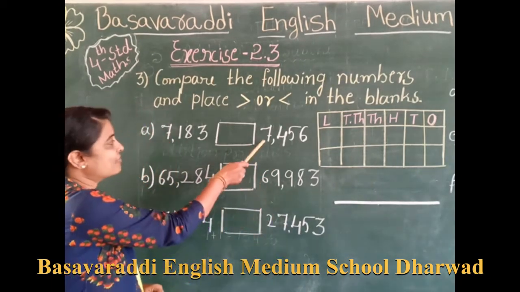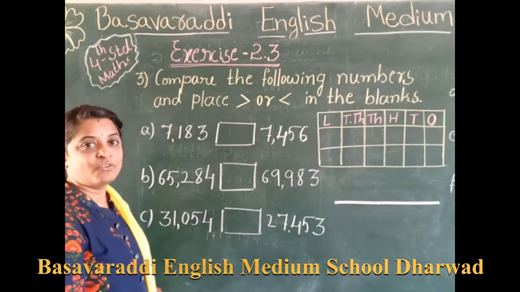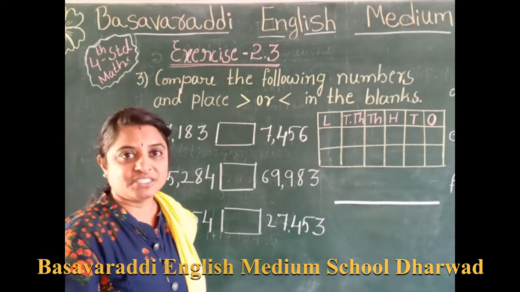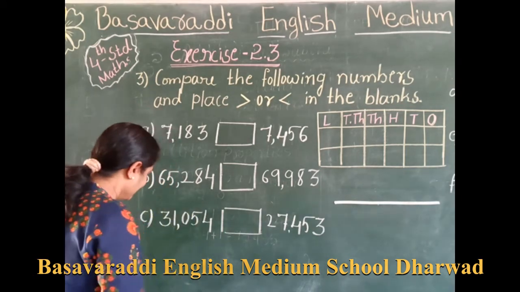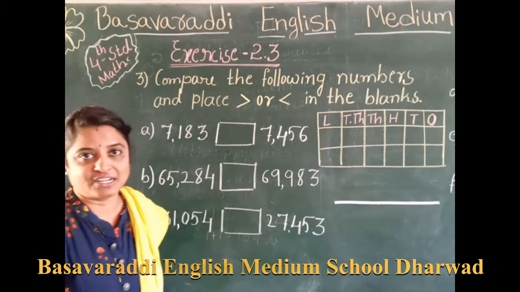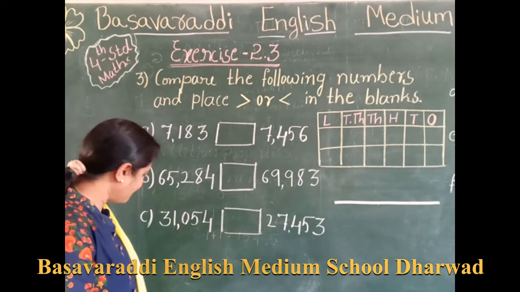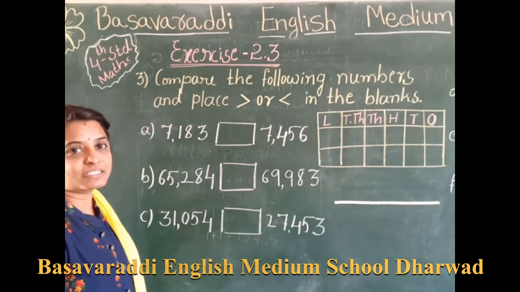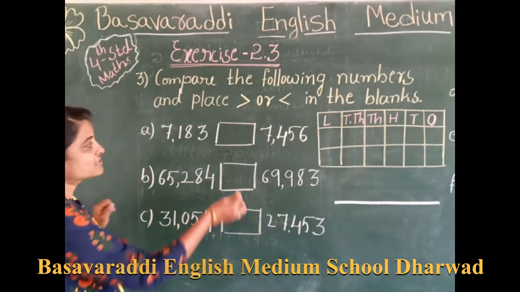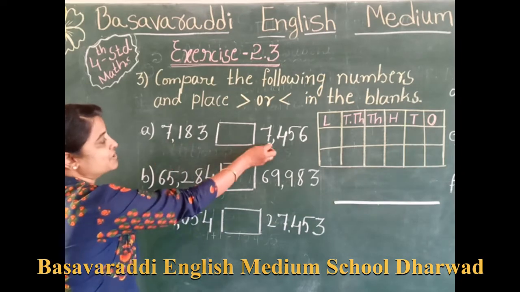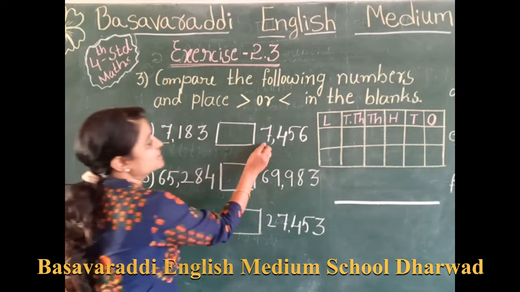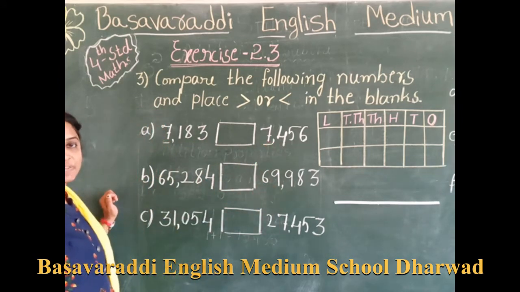Then here you have to start from the 7,000. From thousands you start comparing. Then you come to know which is the bigger, which is the smaller. To clearly understand that, that's why I put here the place value chart. With this place value chart, we will put the numbers inside the chart. Then we will come to know which is big and which is small. See here. First, as I told, we have to compare the thousands place. Here it is 7000, here also it is 7000.